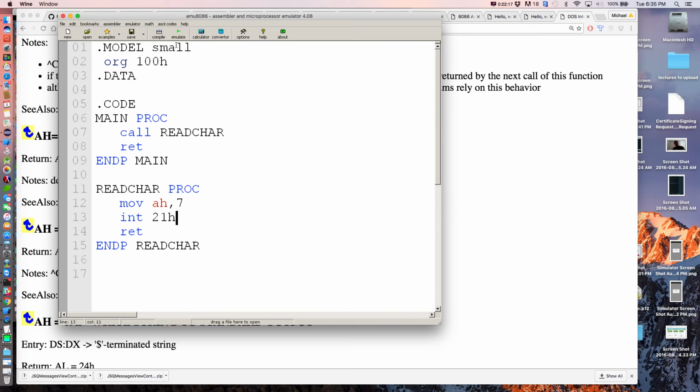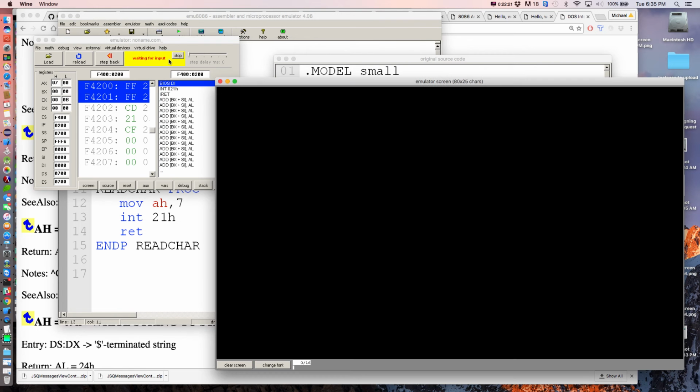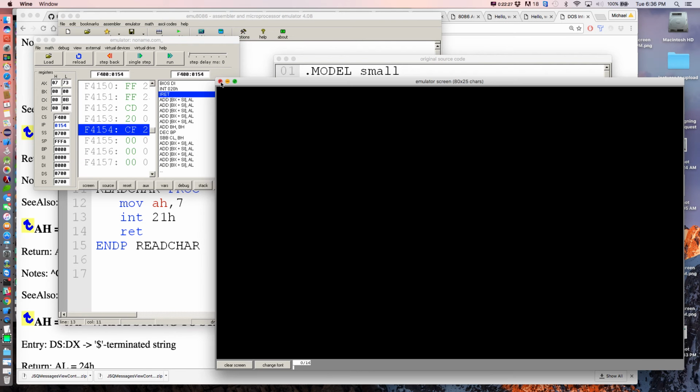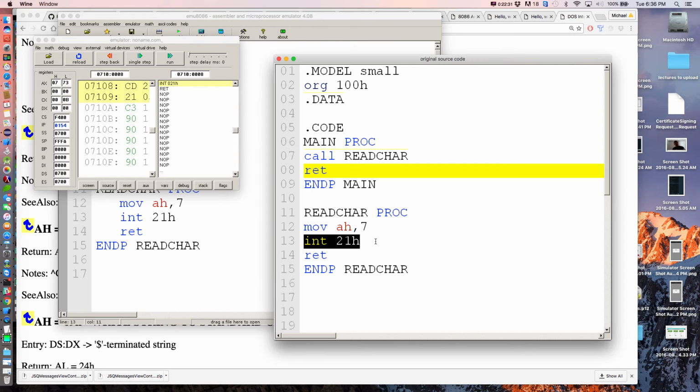So we'll call read char. This guy should pretty much do the identical thing that we just had. I'll go ahead and hit run. We'll put S there. It loaded it into the low of that guy. If we want to go ahead and see the stack, what I can do here is,